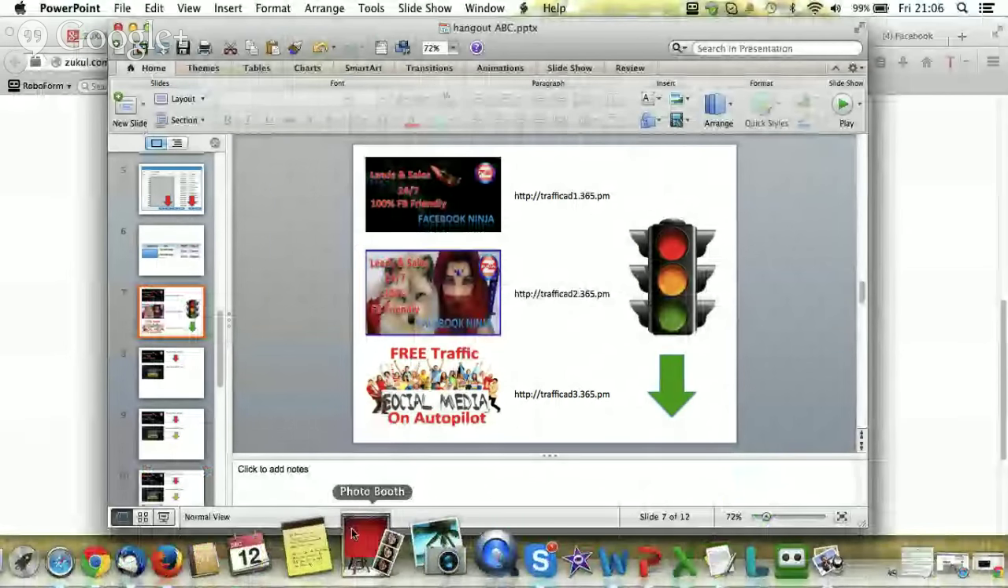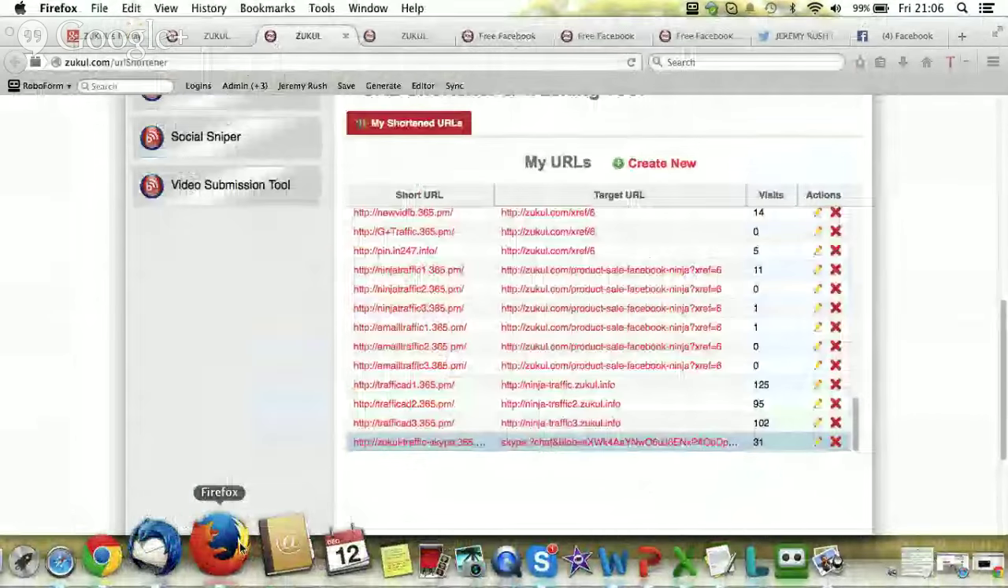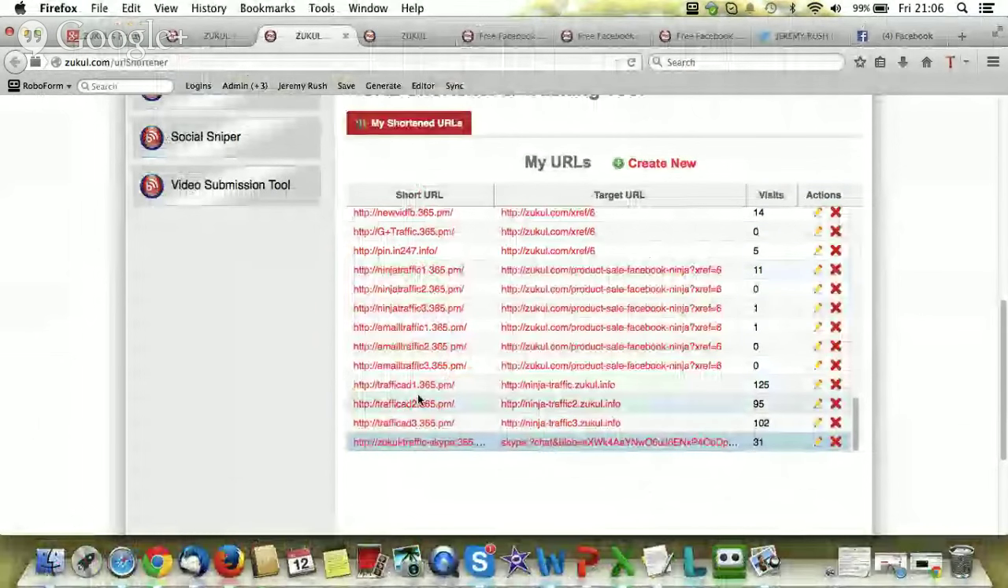When I come back over to the tracking tool, you can see ad 1 has generated 125 clicks, ad 2, 95, and ad 3, 102. That is all in a couple of hours. So there's no problem getting the traffic. We all know that the traffic is the easy thing to get. Now, what we want to do is see how we can turn that traffic